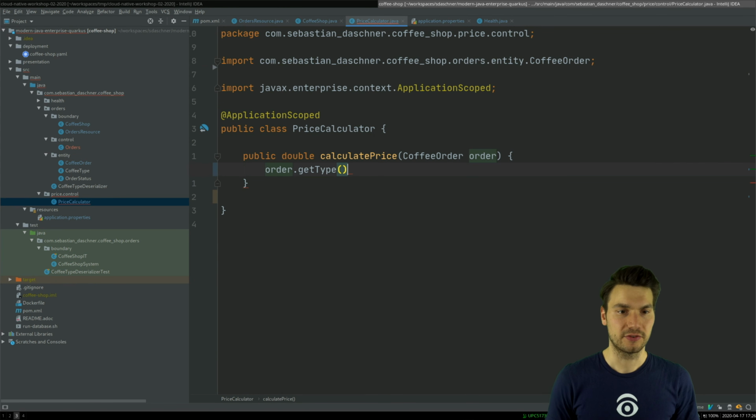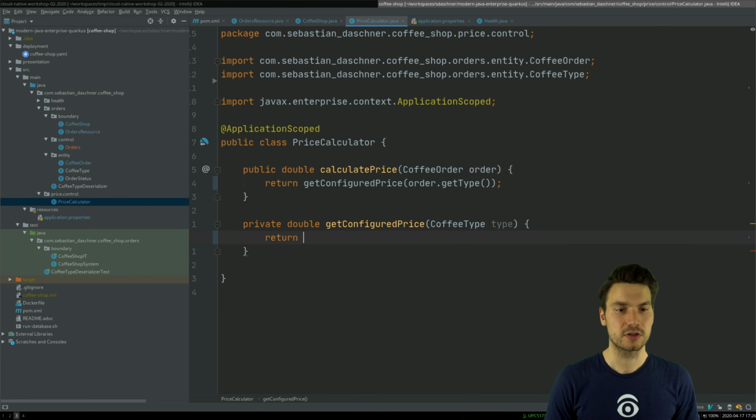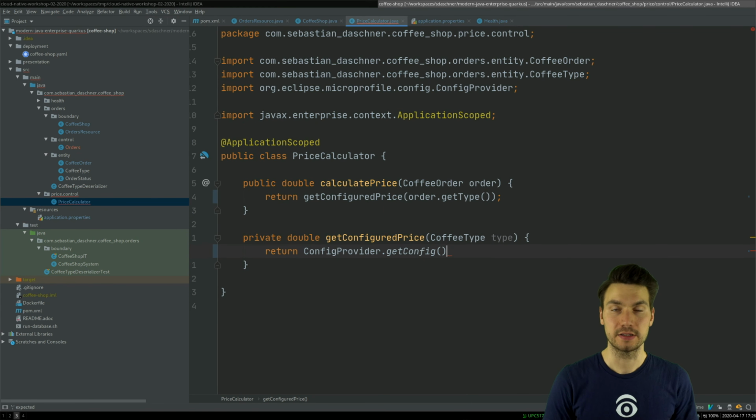So for example, given the type, I can say, well, return something like, let's say, get configured price. We're going to include another method, and this method is just going to return a double, and then we say, well, actually ConfigProvider, that is again a functionality by MicroProfile Config, get the config and now get a value, and this is actually programmatic lookup. So we can write anything here as a key, and then please emit that as a double in our case, and as a key, well, let's have a look,